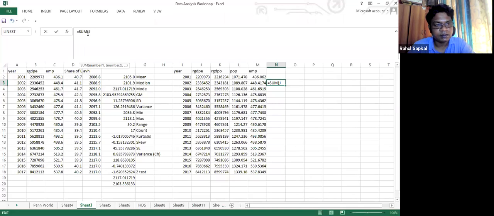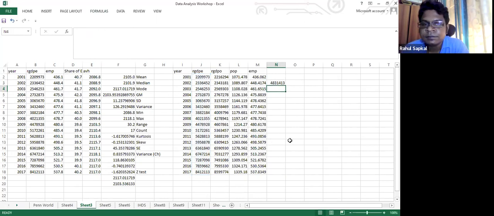J2 to J18. So I have selected, bracket close, divided by how many? 17. Okay, so this is the manual way of calculating.